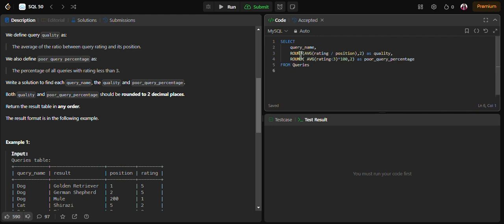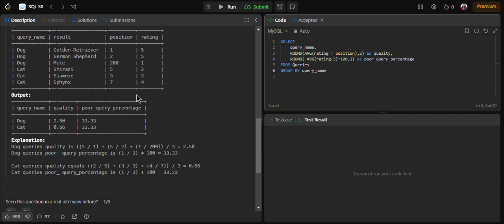And last, we can see that this is the aggregated column and this is not the aggregated column. All the non-aggregated columns always come under the group by clause. So query name is non-aggregated, so we'll put it in our group by, and there is nothing we have to do for the order by.